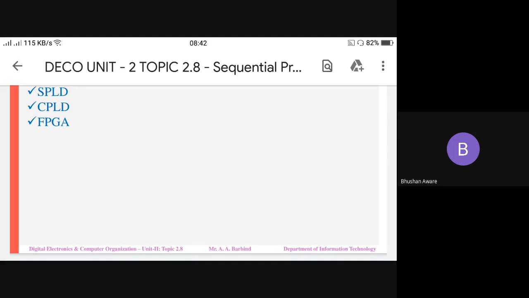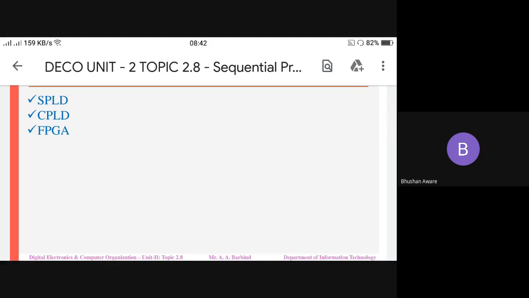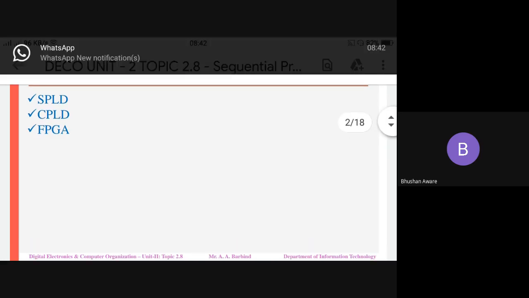So there is no need to do this. What we need to do is just get these PLD devices and program them. Inside it, complex circuitry is there, which is configurable, which is programmable, and out of that you can get the required functionality done.